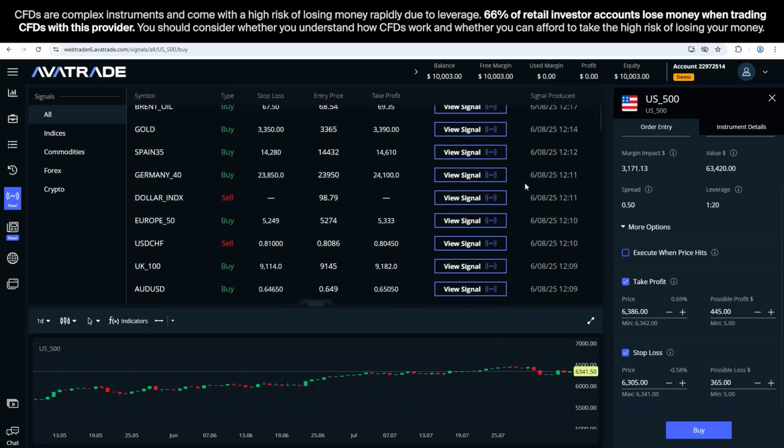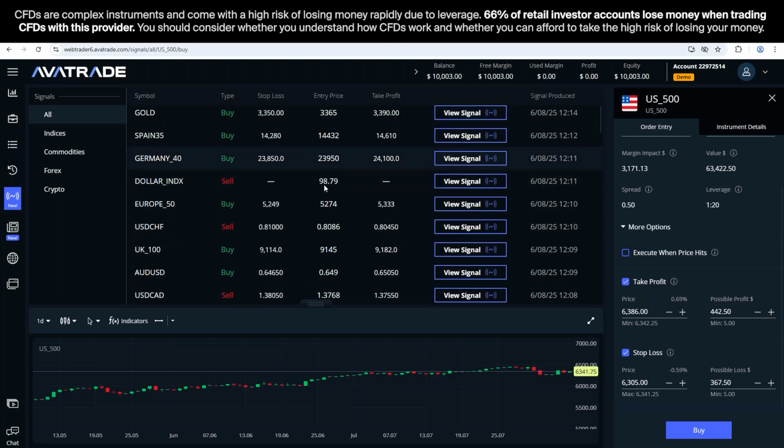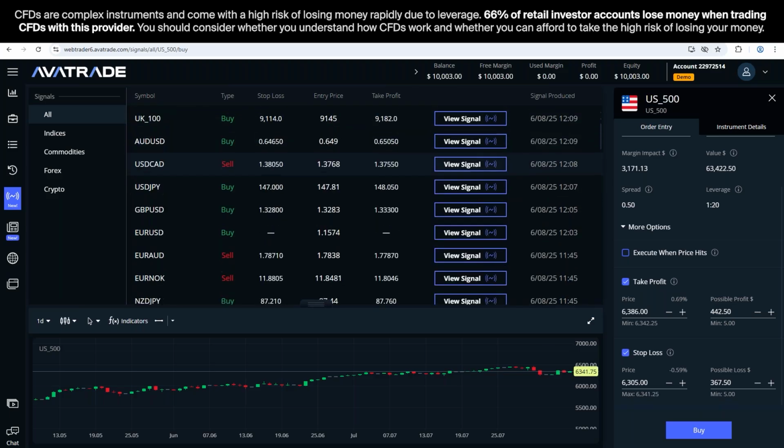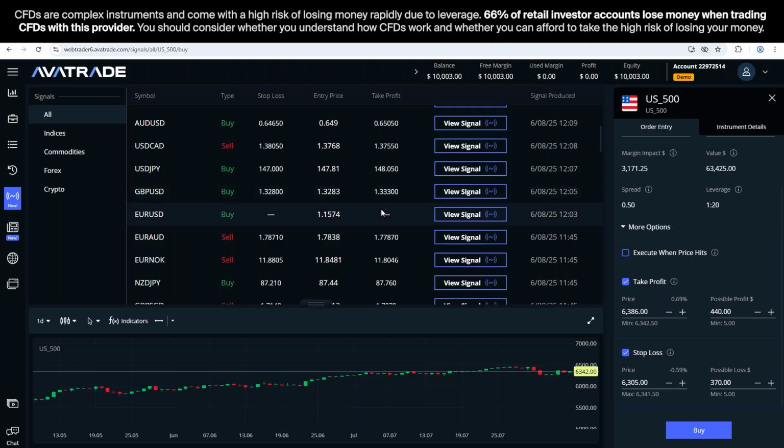We're going to look at another signal down the road. As we see, we've got some signals with no stop loss and take profit. There is no number in here. And why is that? If we look at Euro USD as an example,